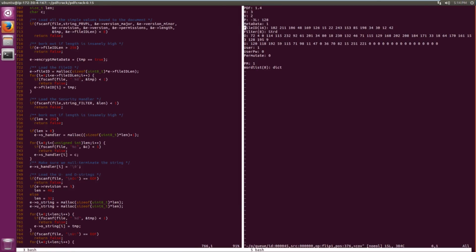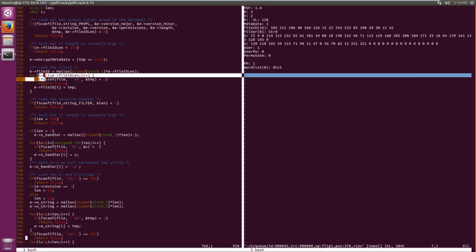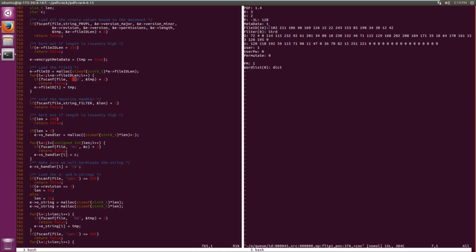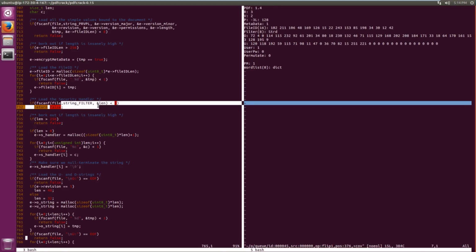We've got all of this. There's a file ID. And if we come over on the left side, we can actually see where this is getting parsed out. It's going to parse out the file ID, and it's going to parse out each of these individually. Then they're going to get the string filter, and string filter